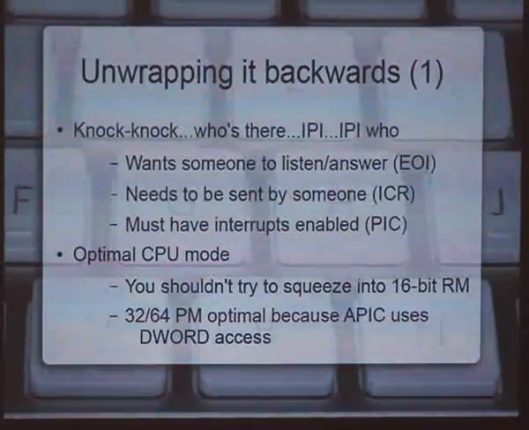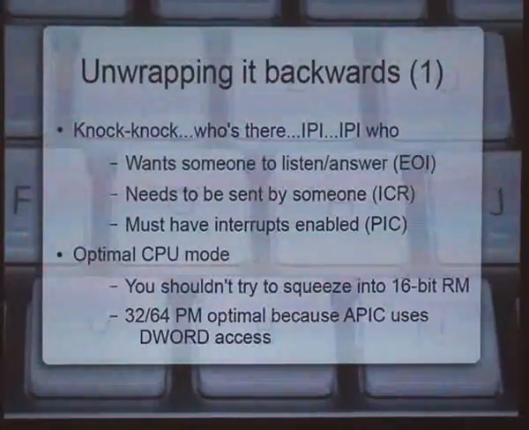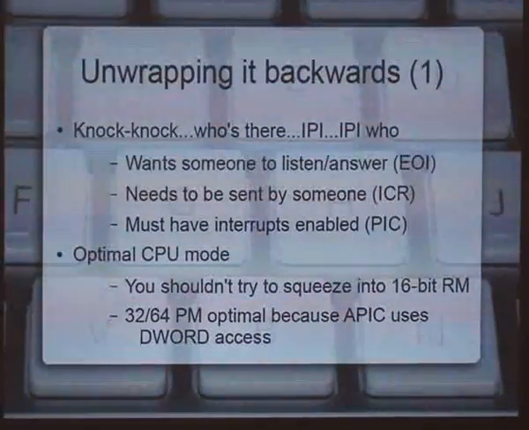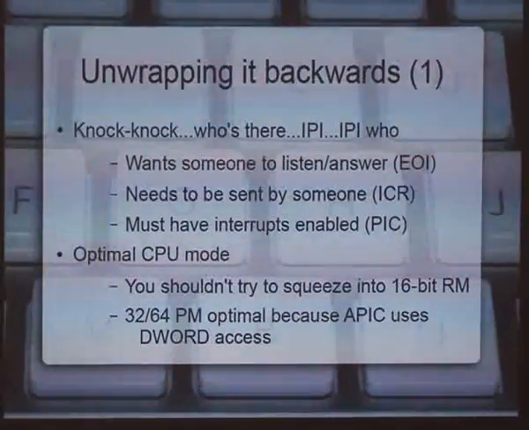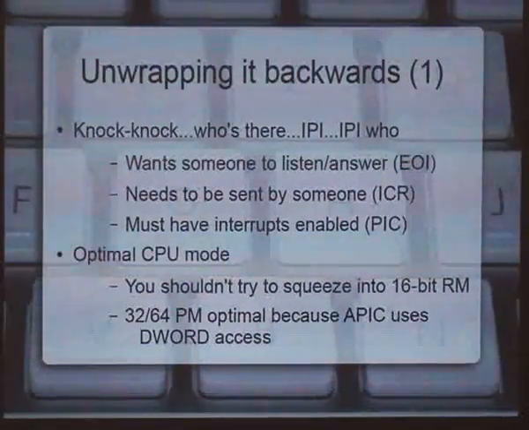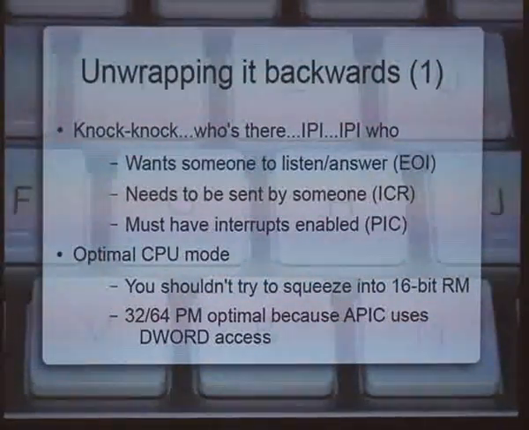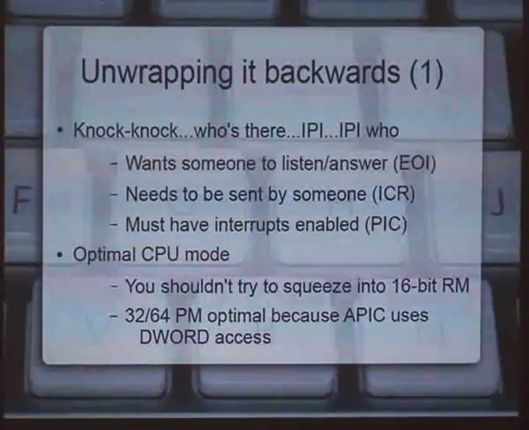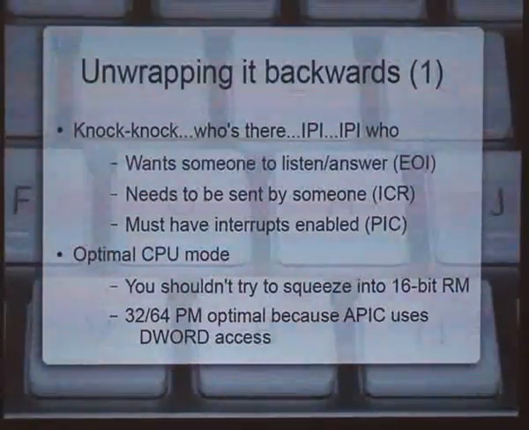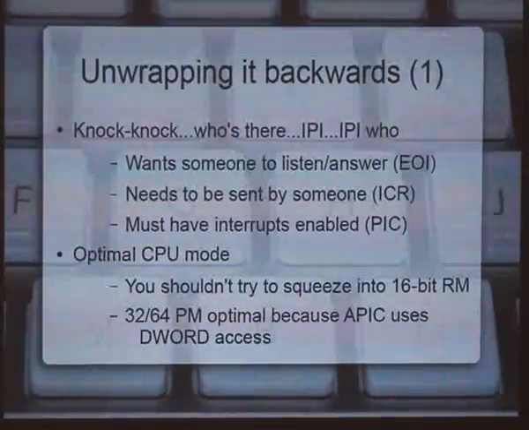And about unwrapping, let's start from the IPI. It wants someone to listen, to answer to, and here comes the first acronym, end of interrupt. Each APIC interrupt needs to signal that it has done everything it needs to do, and it writes an end of interrupt into a memory-mapped D word. Then there's a CPU that needs to send an interrupt. There are two players, okay, two or more. The listeners might be up to